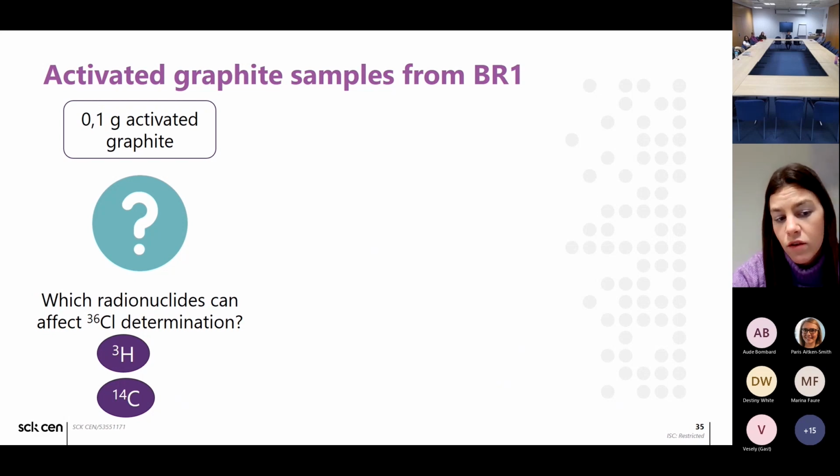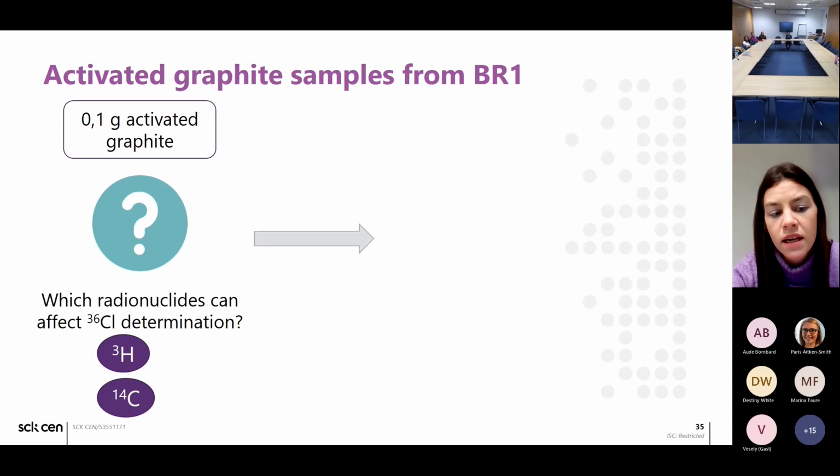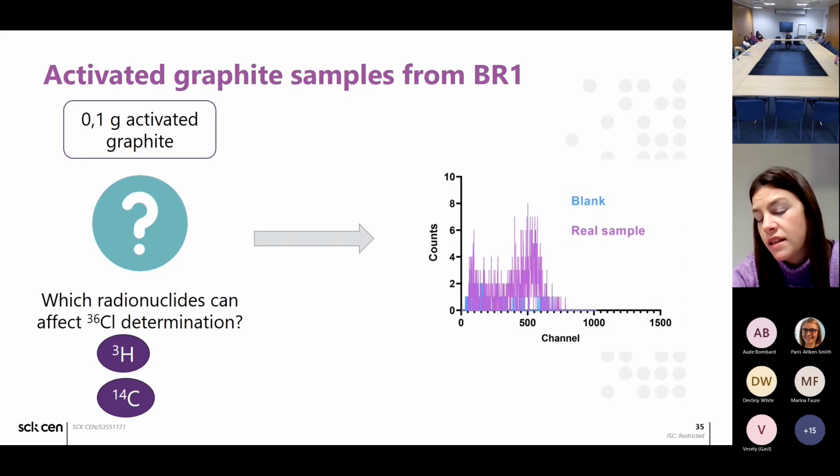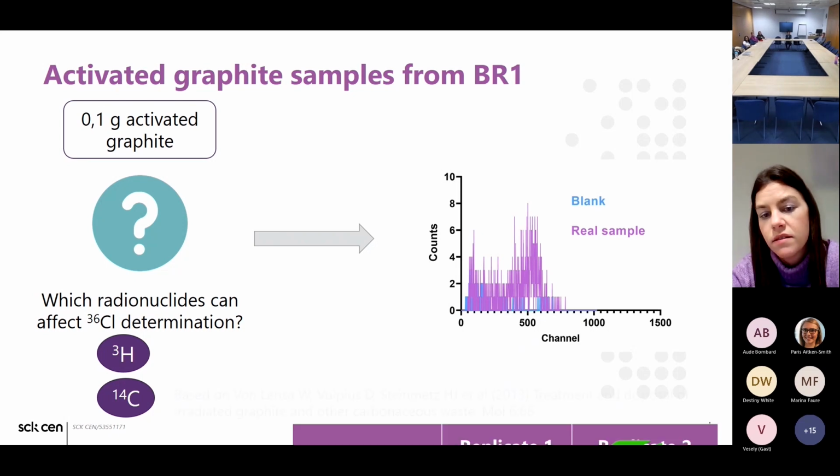to know if the radionuclides that we did study for the interference removal were still present or not, since we did suspect them in a higher activity. So then we analyzed the final spectra of this after loading the trapping solution into the PR resin. And as you can see, there was no evident presence of tritium or carbon-14, and the only peak that we could see on the spectra was due to the presence of chlorine-36.